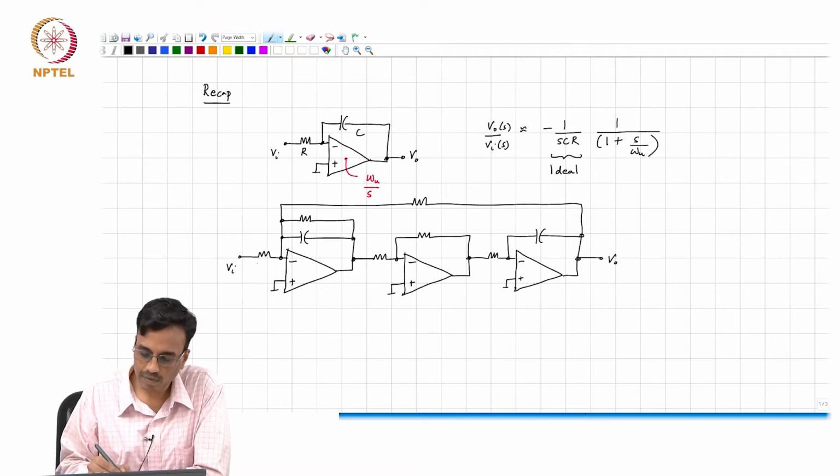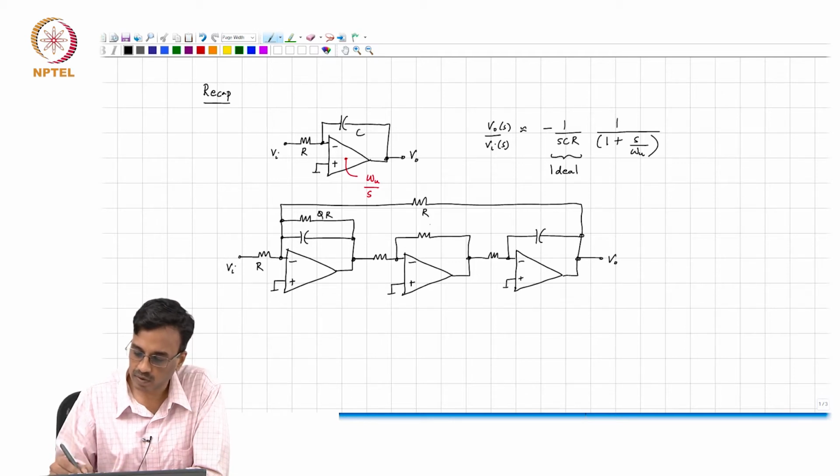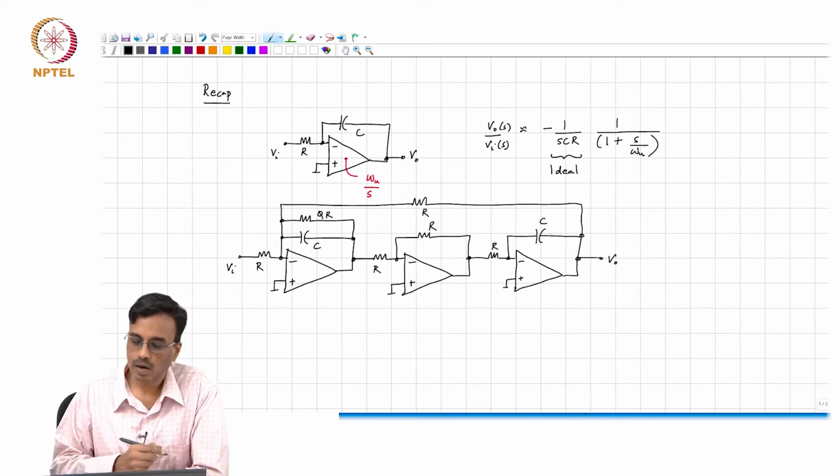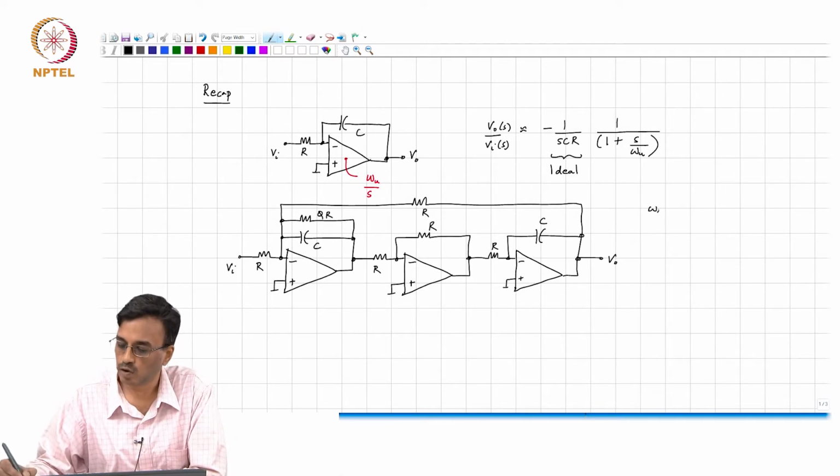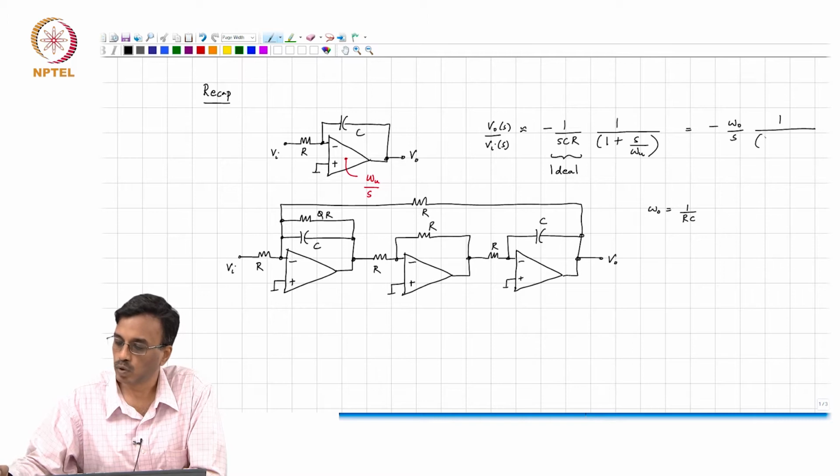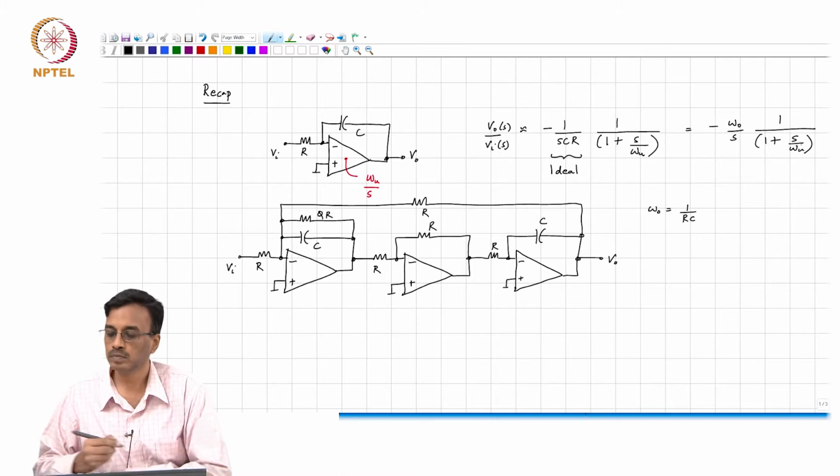For simplicity we simply use the same valued resistors everywhere, and this has an omega naught which is 1 over RC, and so each integrator becomes minus omega naught over S times 1 over 1 plus S by omega u, and the